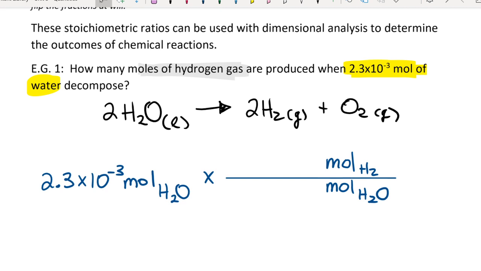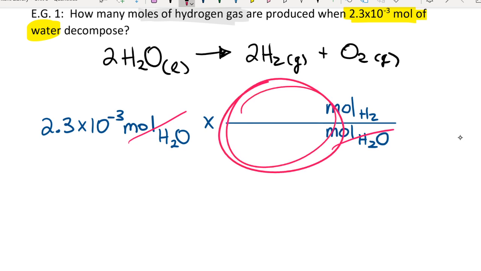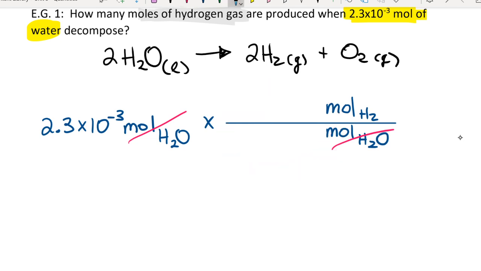So the math here is pedantic, right? We know the answer is going to be 2.3 times 10 to the negative 3, but I want to show you how it works mathematically. I want moles of H2O to cancel, because that's not what I want to talk about. So I put it at the bottom. Now those units will cancel. I put the unit I want, moles of hydrogen gas, on top. And now I have to get numbers for here. Where do we get those numbers? That's the trick. Here we need the stoichiometric ratio, which sounds fancy, but really it just means